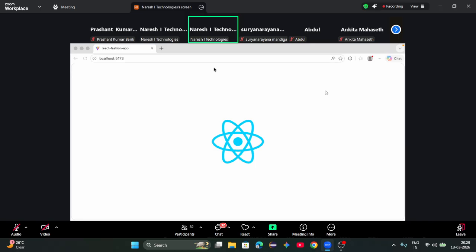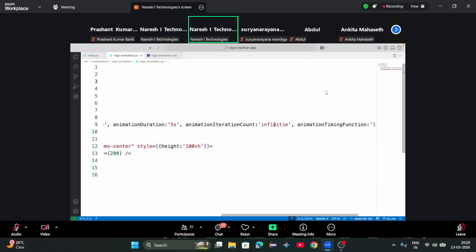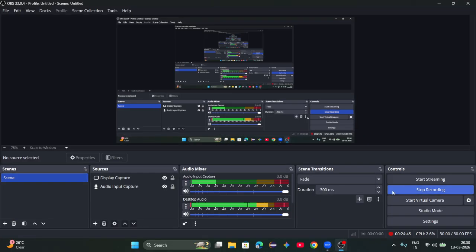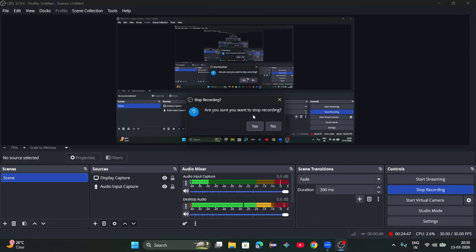Iteration count is not defined. Animation iteration count infinite, so it will be continuously rotating. That's what the React people have on their main screen when you start the project, right? And it is not simply some GIF file. It is a plain normal image. They added some effects, animations. Now our point is, when I hold down the mouse button, the rotation